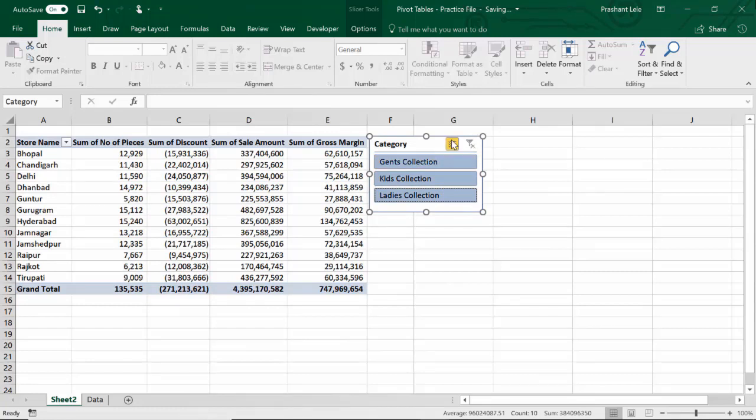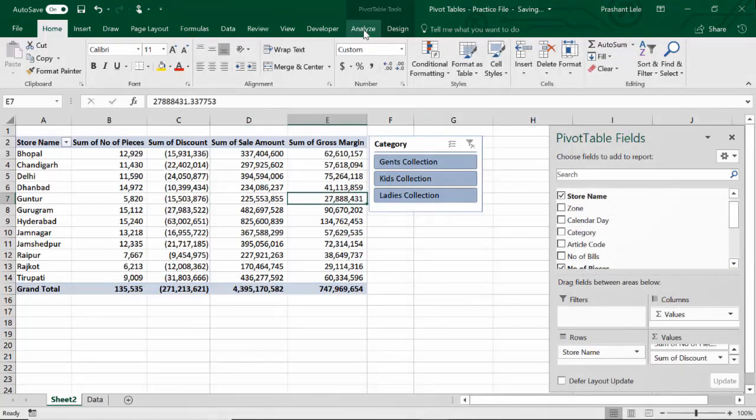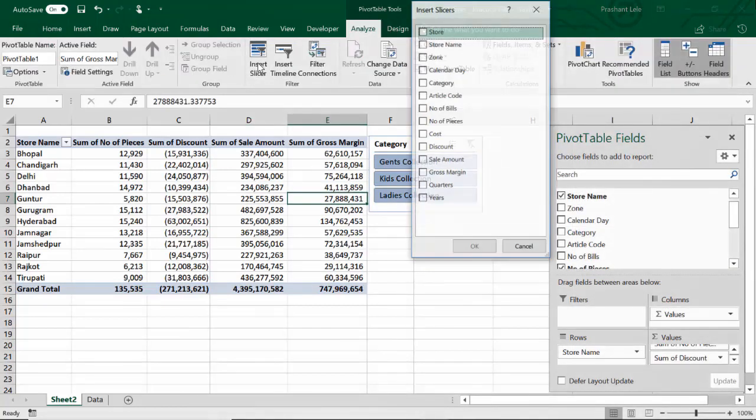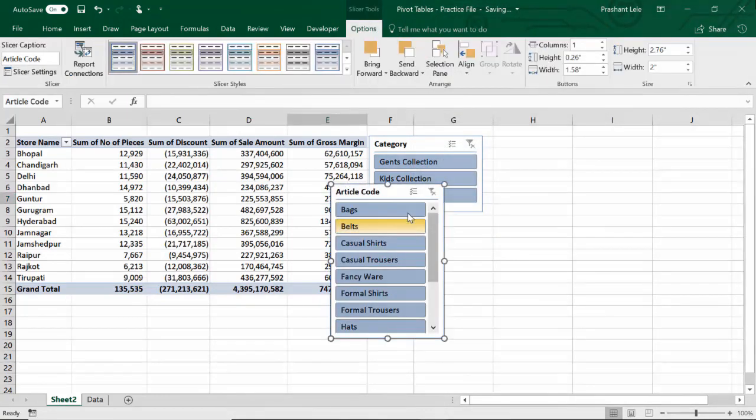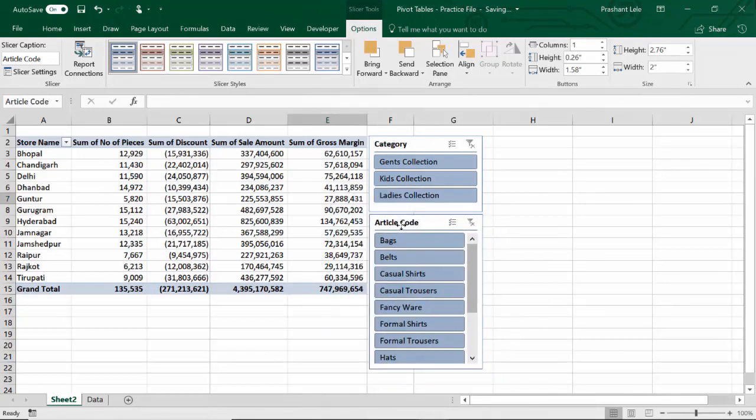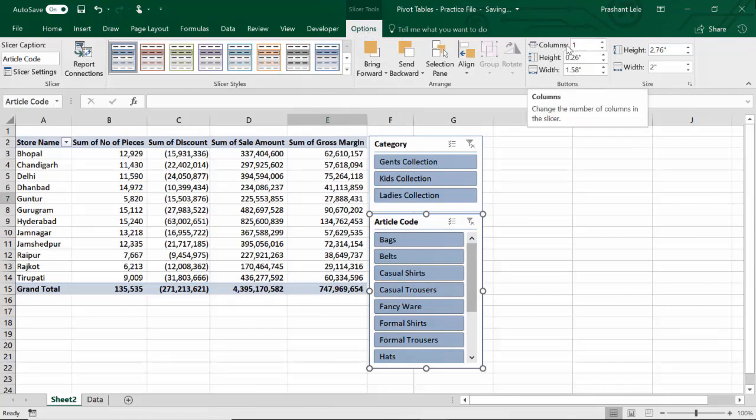This is a slicer. You can insert multiple slicers also. Again go to analyze, insert slicer. This time I am going to select, say, article code. OK. It will insert the slicer. Now this slicer is a little bit big, so when my slicer is selected, I am getting this options tab. Here you can define how many columns will be there in your slicer.